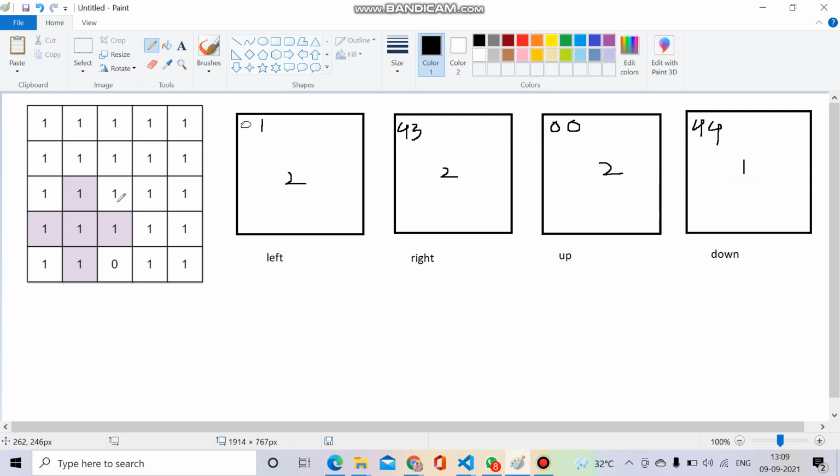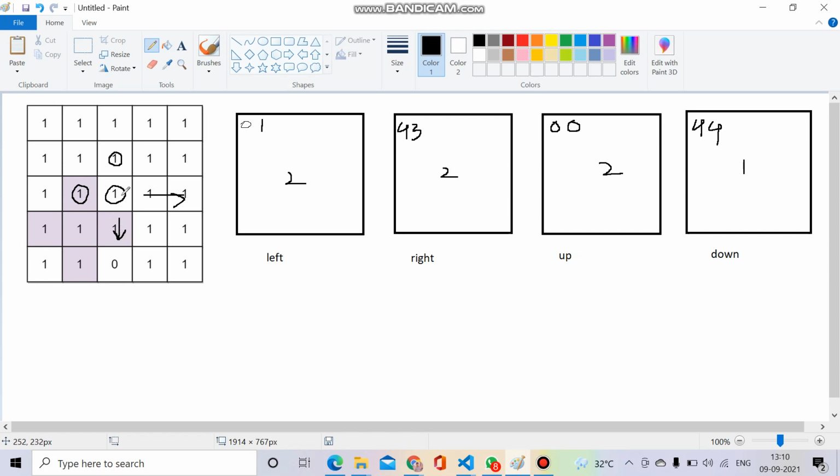Now how will we get the number of ones? We don't have to iterate it for each one. For this one, if I know the number of ones for this cell and for this cell, I don't have to calculate it again. I will simply add it. This one's 1 plus 1, this one's 1 plus 1. We have to calculate it for the right and downward each time, but it will be used by the next one.